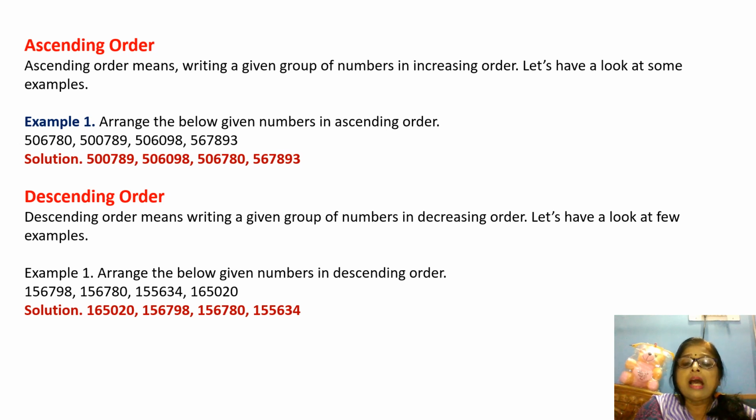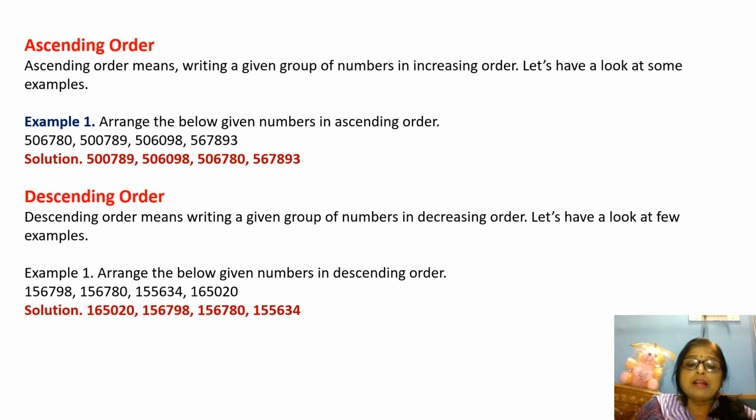Let's have a look at an example. Example is given here. Arrange the below given numbers in descending order. Means you will just reverse it from the ascending order. First, you will take the largest number, and in the last, there will be the smallest number. So in the solution, you are saying that